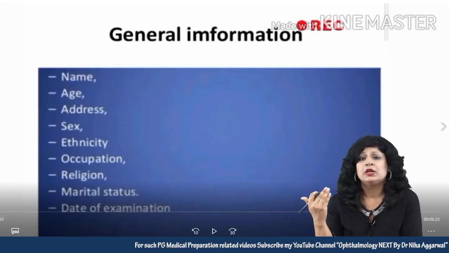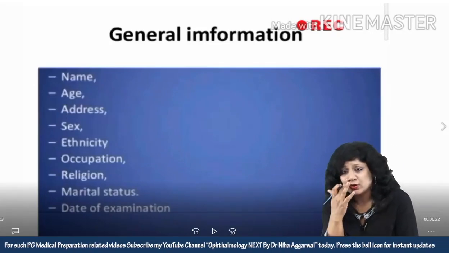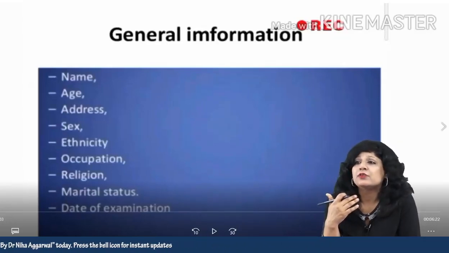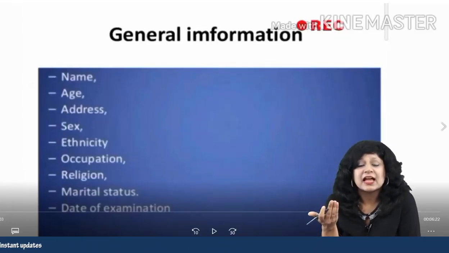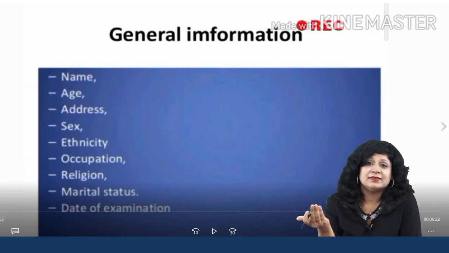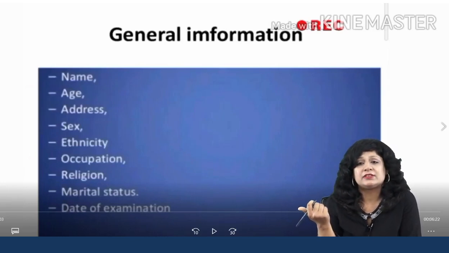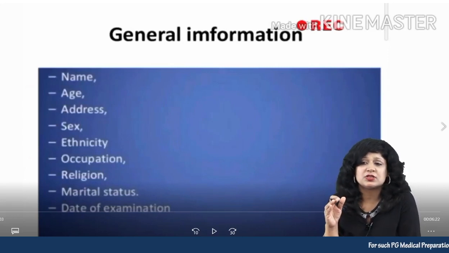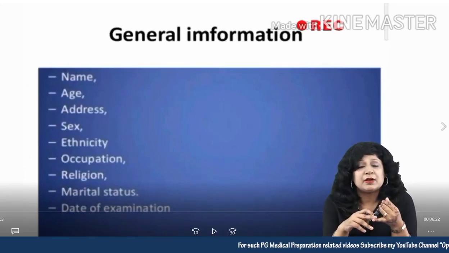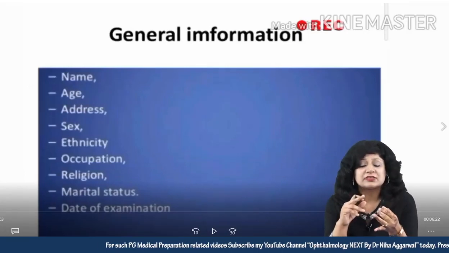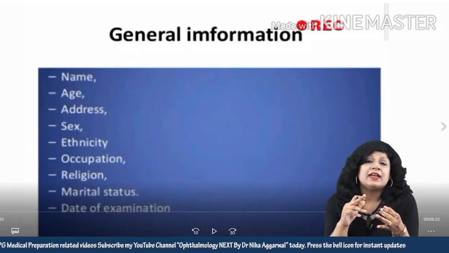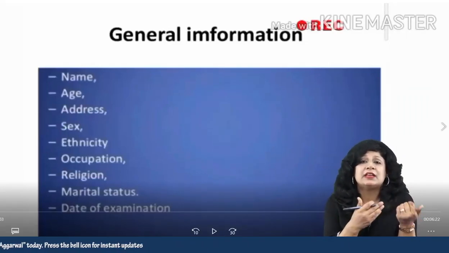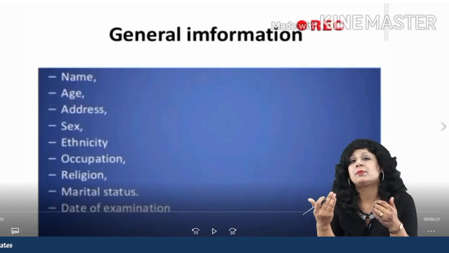Don't show that you are a level higher, or that you are a doctor, because the patient is already sad. Nobody is happy about coming to the hospital, and that is why you have to be sympathetic towards the patient. You have to ask the name of the patient, and then the age of the patient. Now, why is age important? We all know that certain diseases are common in the young age group, and certain diseases are common in the elderly age group.